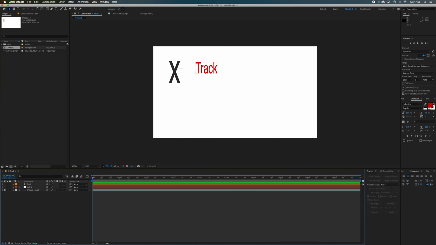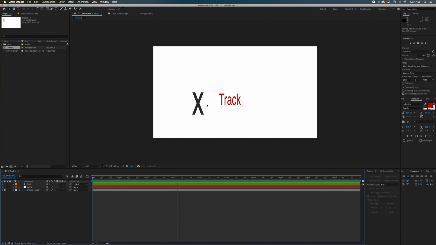I'm going to pick up the pick whip from my track 1 and I can move this around and parent it to whatever I want. So I'm going to parent it to this null 1. I'm basically saying whatever this null does, you do as well. Okay, so I'm going to click that to there, and now as I play it through, my track will now